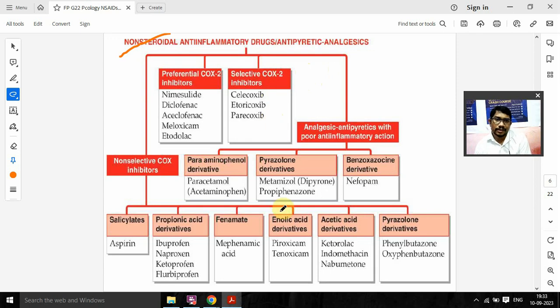Okay, again these drugs can be classified a second way. They can be classified depending on their chemical nature. Chemistry से भी classify कर सकते हैं कि उसमें कौन सा रहेंगे. They can be classified in different ways. So first we'll see non-selective COX inhibitors. Non-selective COX inhibitor means what? They will inhibit COX-1 as well as COX-2. Okay. Non-selective, they are not selective in action. Okay. Now in that you have different classes.